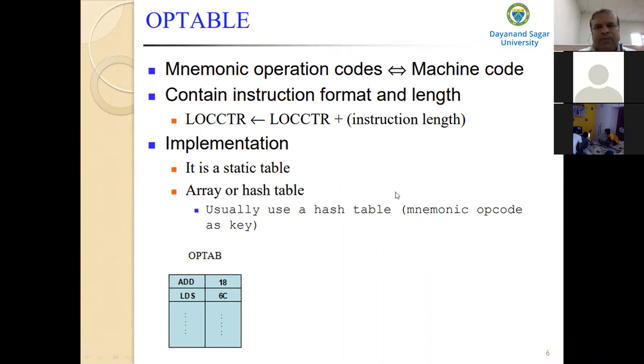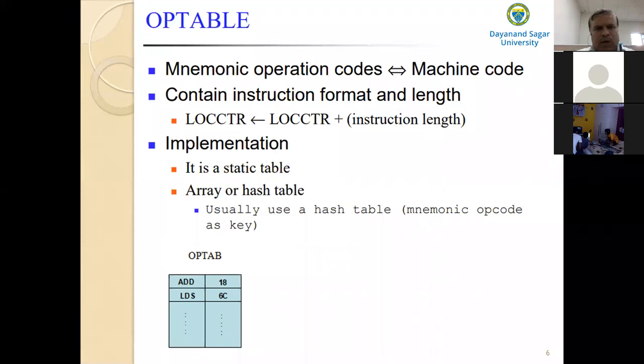The next question is whether this process is the same for both the standard version of SIC and SIC/XE. No. On a standard version of SIC, this process can be carried out either in pass one or pass two.